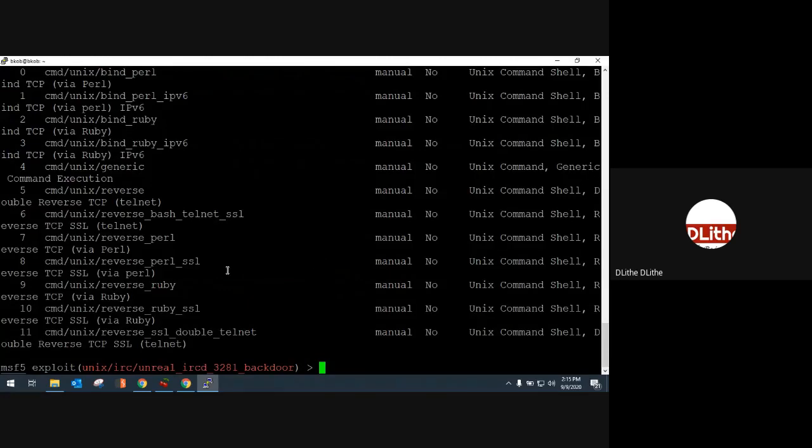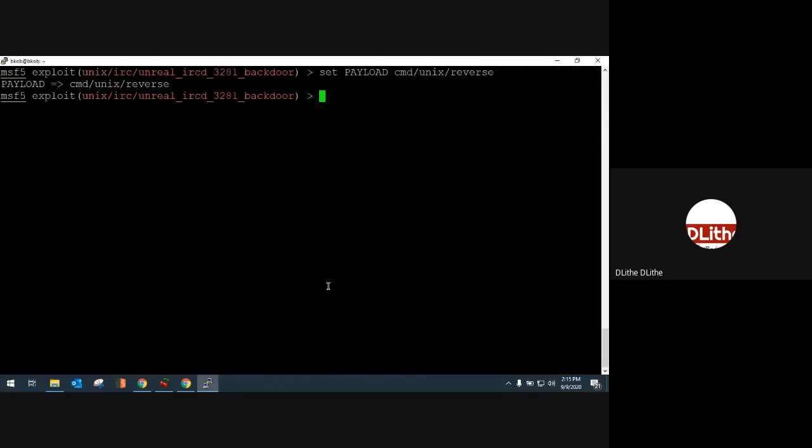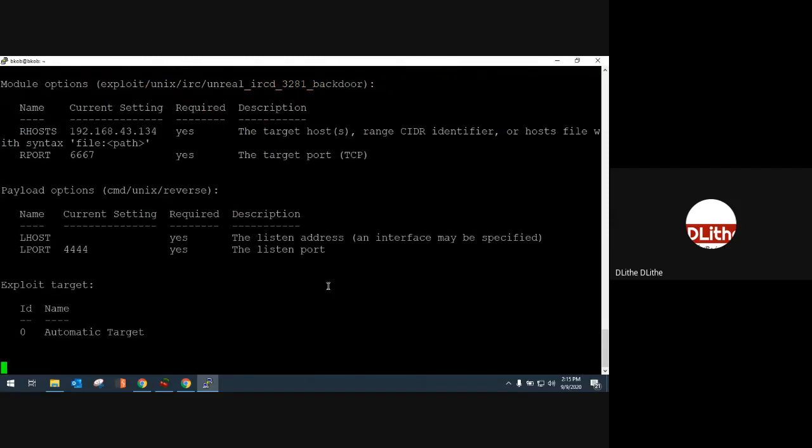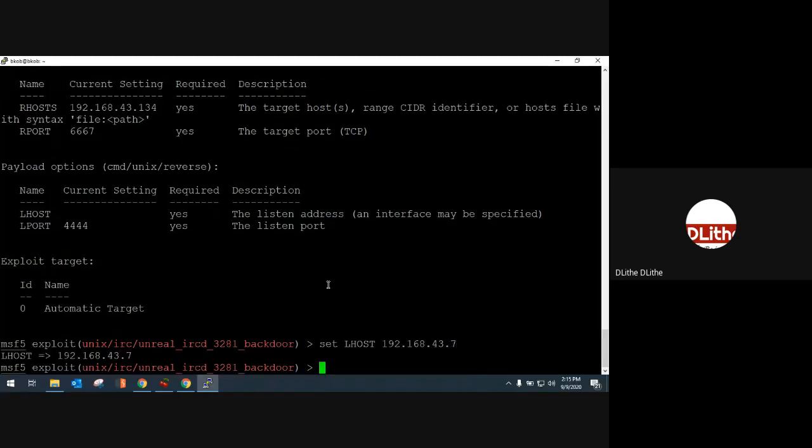In the compatible payloads, there are various payloads. Just like the reverse TCP that we used in Linux, we're going to use a similar one over here. The efficient payload in this case is cmd/unix/reverse. That's it. Just hit enter. And obviously it will ask you for LHOST and LPORT, that is the attacker machine's IP address and port number. Let us give the LHOST. My attacker machine IP address is 192.68.43.7, and I want to get this session on port number 4545.